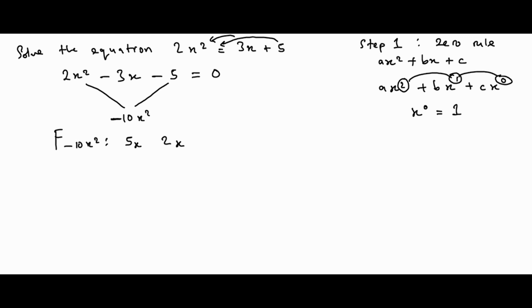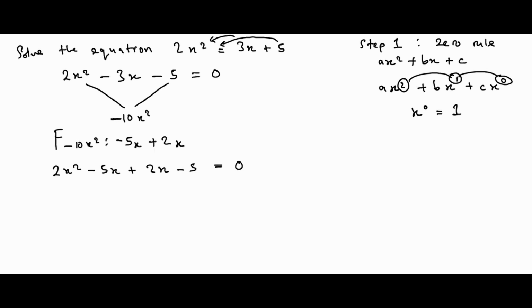So we want to multiply getting us minus 10x squared, but adding giving us minus 3x. We come to this conclusion. Minus 5x plus 2x is minus 3x. Subtract and take the sign of the bigger of the two, which is a negative. Minus 5x times 2x is minus 10x squared. You see? So we've done it correctly. Then we replace the middle term, which is minus 3x: 2x squared minus 5x plus 2x minus 5.